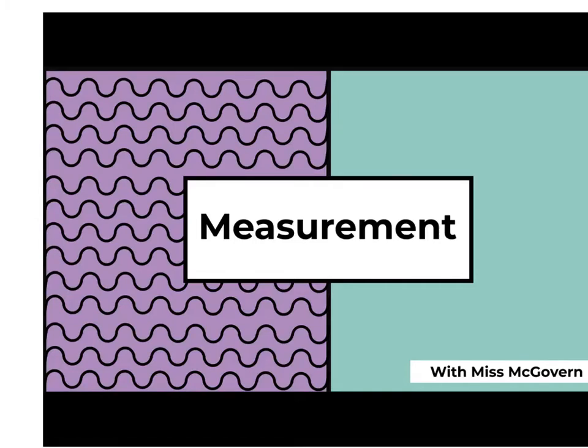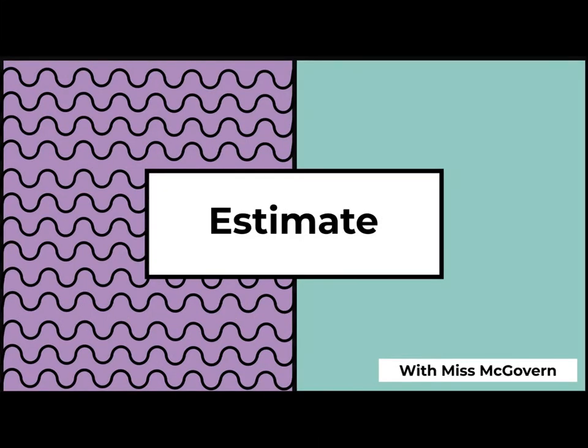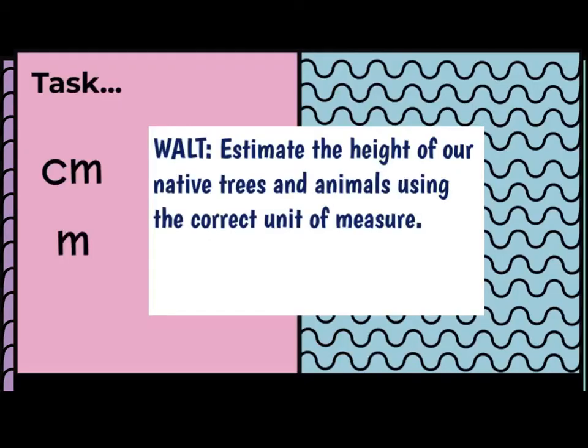This week for our maths learning, we're going to continue with measurement. Last week you learned a little bit about centimetres and millimetres when you're building your trap and measuring your items. This week we're going to be looking at height. We'll also be looking at how to estimate. So our WALT for today is to estimate the height of our native trees and animals using the correct unit